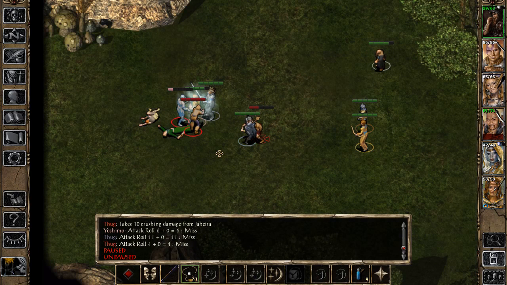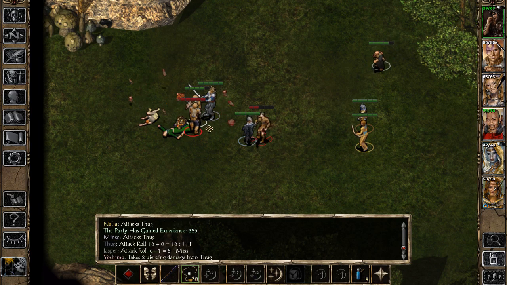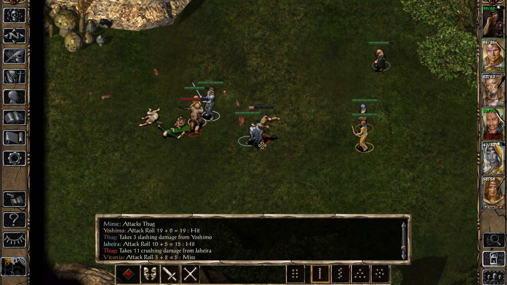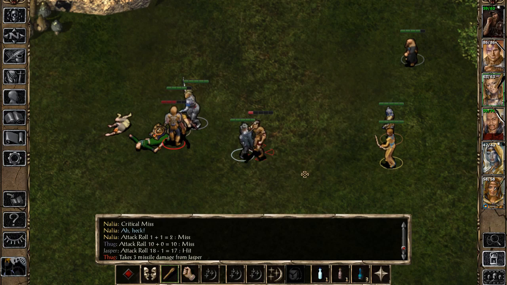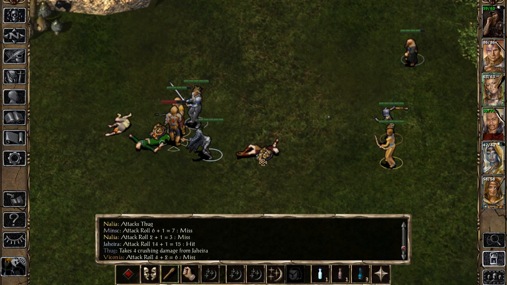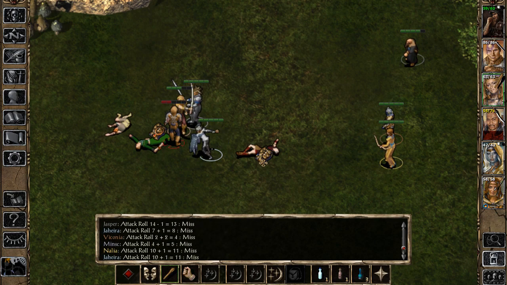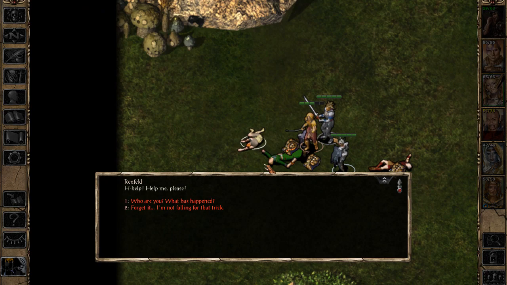Where's Yoshima? Oh, there he is. That's not right. Dead. Swords, not words. Keep at it, Jaheira. You've nearly beaten him. Here. Any minute now. There we go. Help me, please. Forget it. I'm not falling for that trick. No, I mean, like...